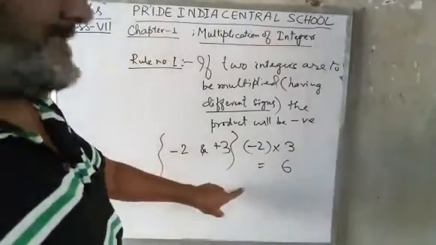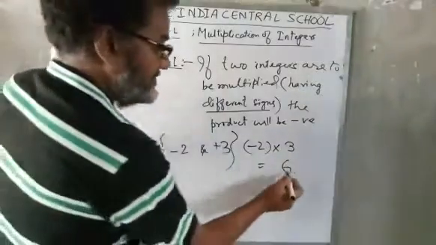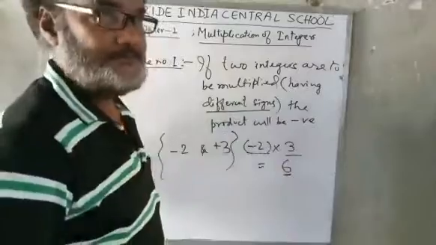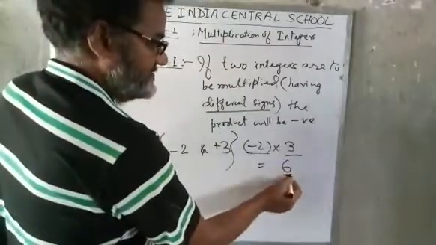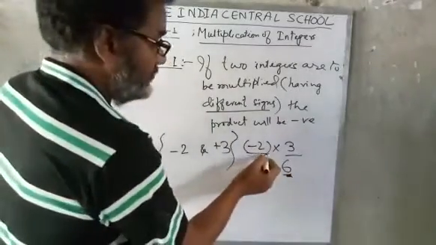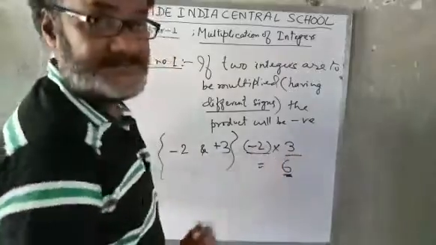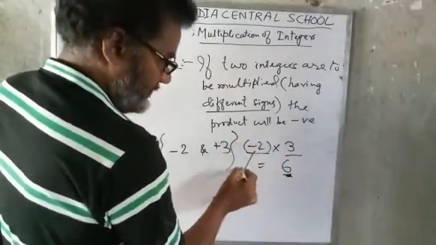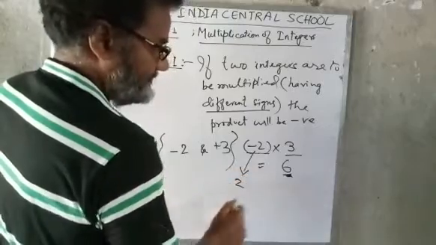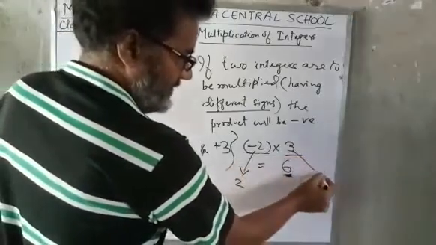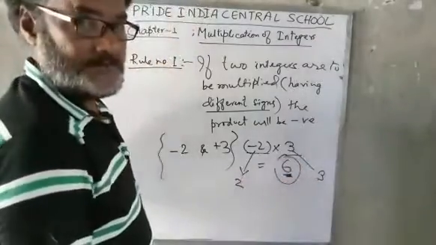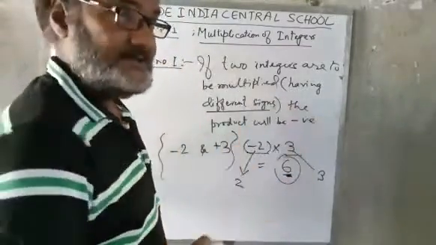Here I am saying that this is the product of their absolute values. The 6 is the product of the absolute values of the different integers. Its absolute value is 2 and the other's absolute value is 3. 2 times 3 is 6. But the sign